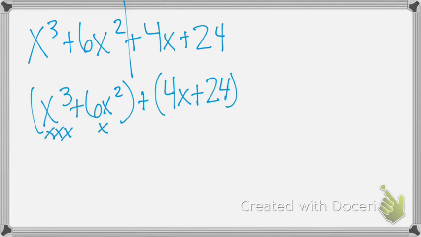3 x's, 2 x's. They have how many in common? They have 2. Do they have a number in common? 1 and 6? Just be 1, so we can just leave it as x squared. Now, I want an x cubed, but I have this x squared, so I need an x plus 6. Now, we only have an x here, so you can't factor out anything, but